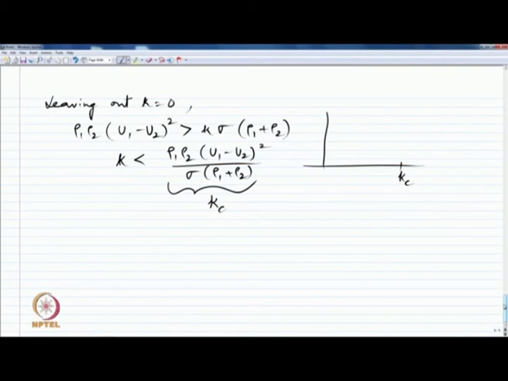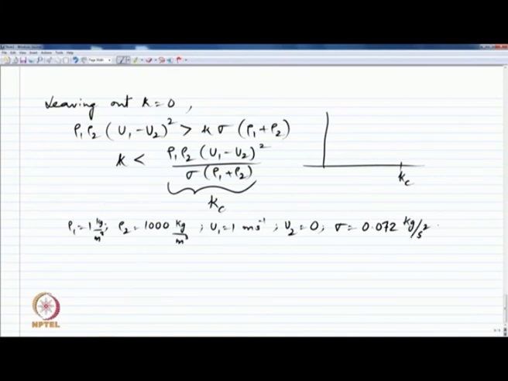It is always good to have some numbers. So, let us just pick some set of realistic numbers, all these are in SI units. For this case, I can quickly calculate k cutoff to be about 13.93, or if I want to convert back to lambda,